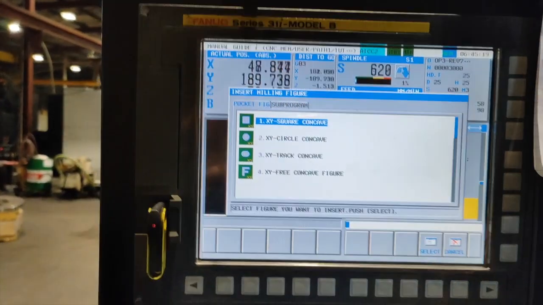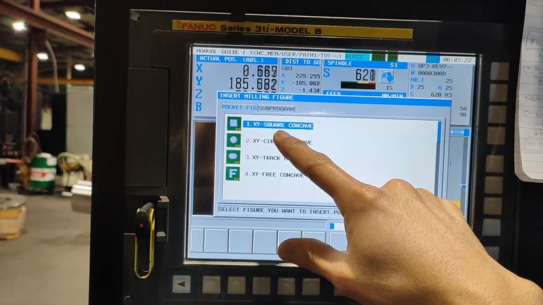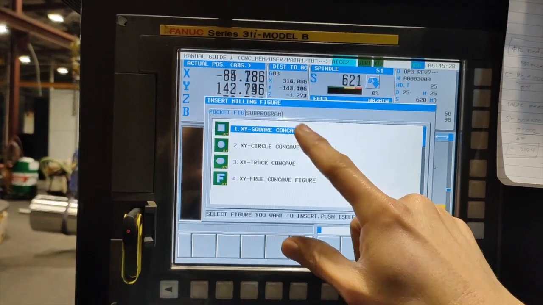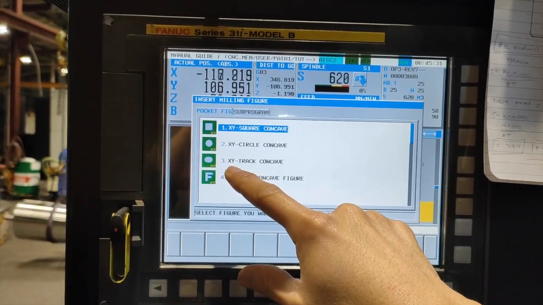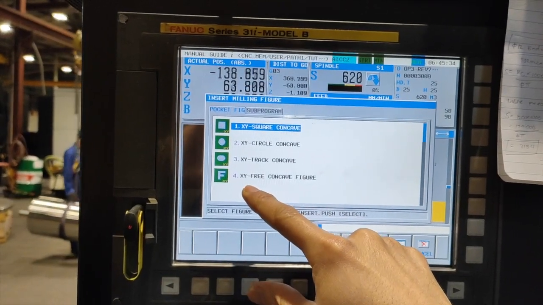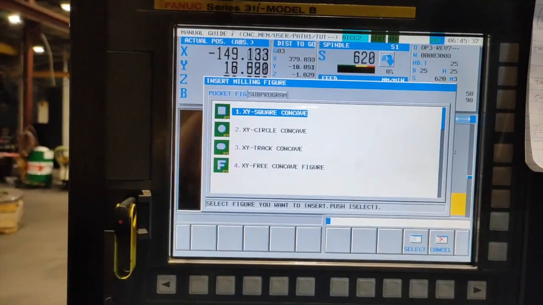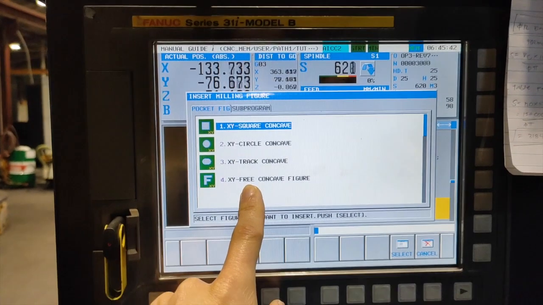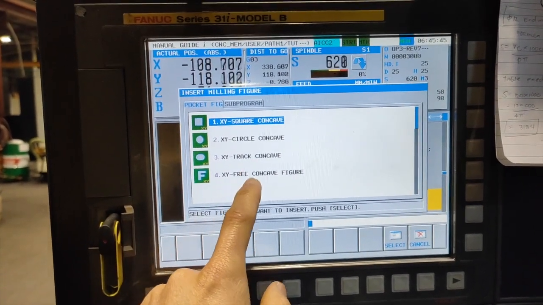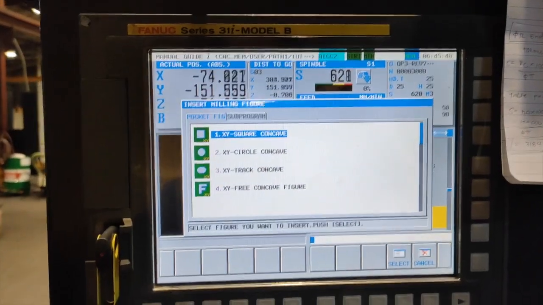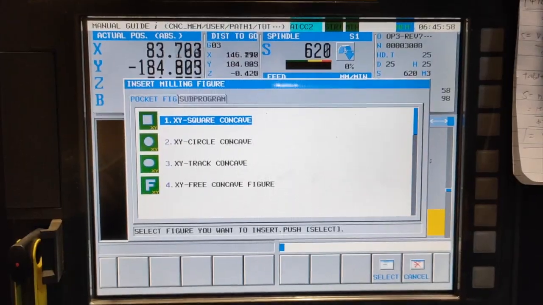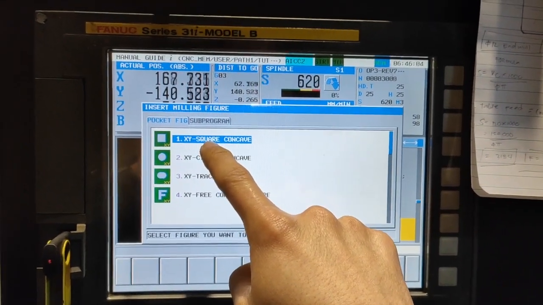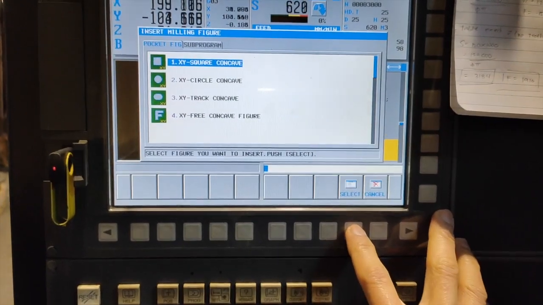And we are going to insert a milling figure. So we have now the XY square concave, and we have the XY circle concave, and another one is XY track concave, and the X and Y pre-concave figure. So if you have the coordinates of each endpoint of your pocket, you can use this one. But for now, guys, we will use the XY square concave, we are going to select that one, select,